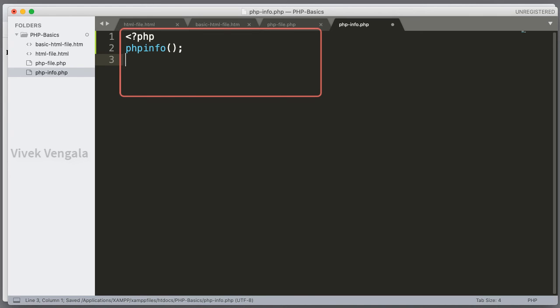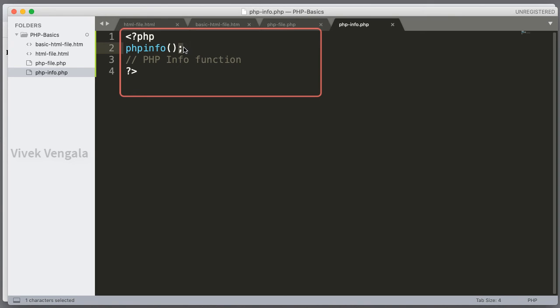It's always a good practice to close a PHP block, but it's not required. Why? Because there is no HTML in this, just pure PHP. We can add any number of statements here. This is a comment, and we won't see this comment in our browser. There will be a lot of HTML for showing this configuration. It's not required to close this statement with a semicolon because we don't have any other statements, even though it's a good practice to use a semicolon to close all the statements.